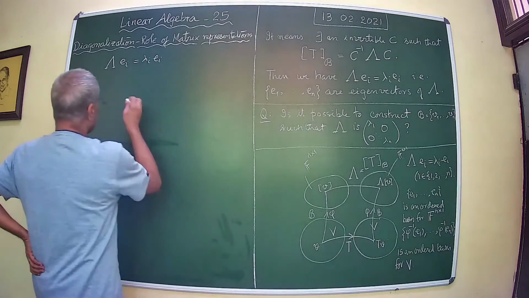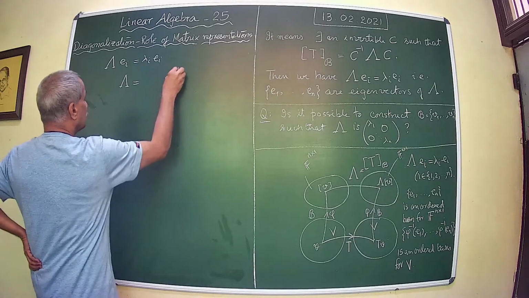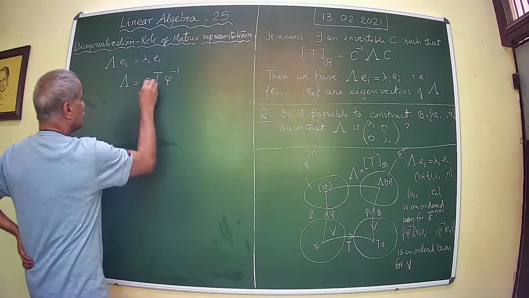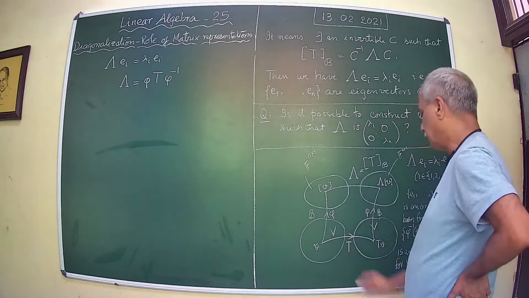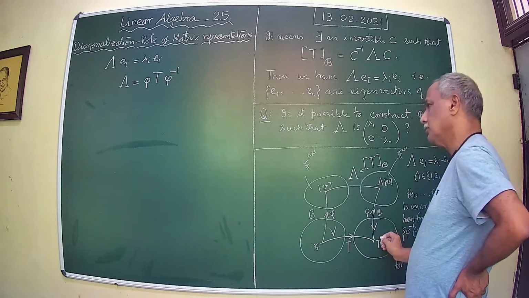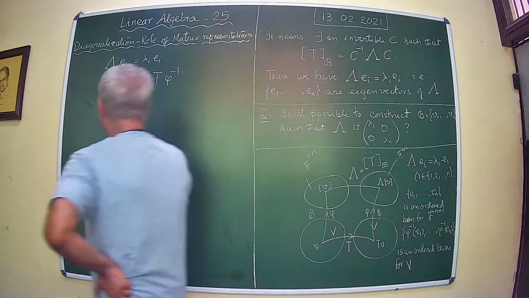So this is equal to: first operate with phi inverse, then go to applying T and then this. Therefore, what we have is this: